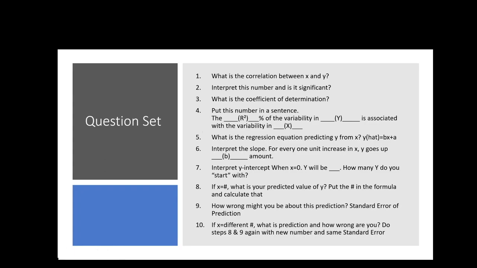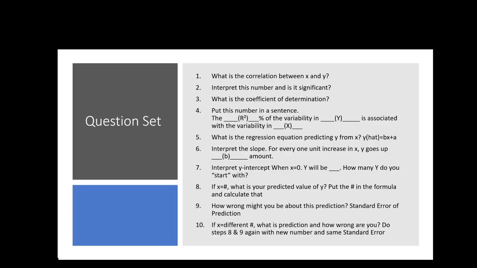So the first regression question is, what is the regression equation of the line? So the answer would be y hat equals bx plus a, but you would have numbers for b and a. Then I'd ask you to interpret the slope. So the slope is that for every 1 unit increase in x, how does y change? Then I'd ask you to interpret the y-intercept. So that means when x equals 0, what will y be? Or another way of phrasing that is, how many y do you start off with if you don't have any